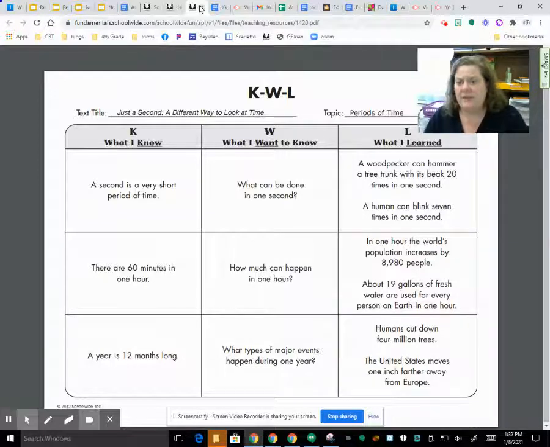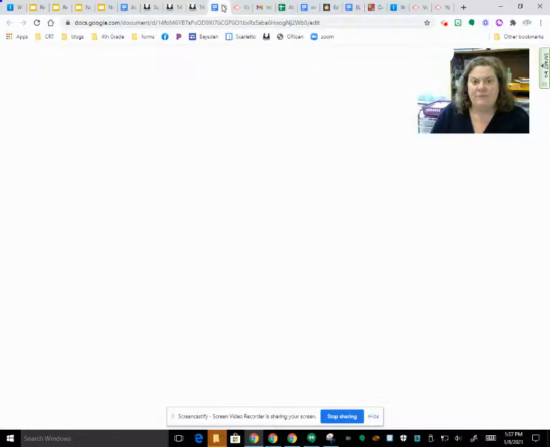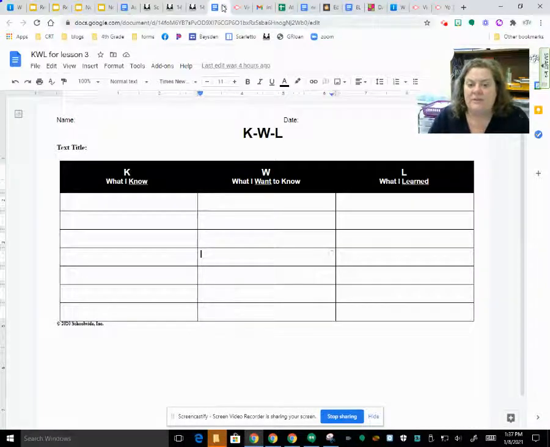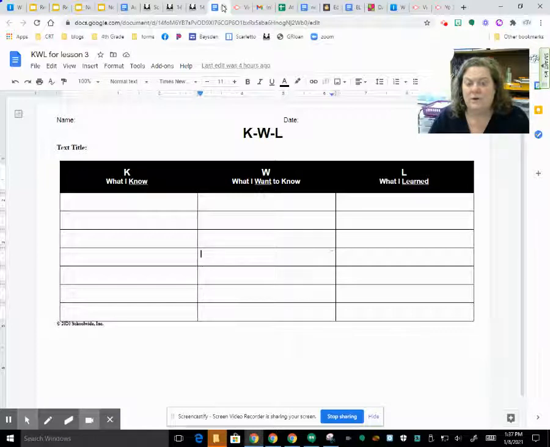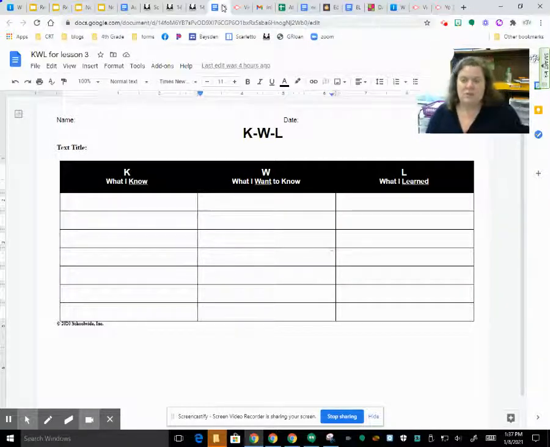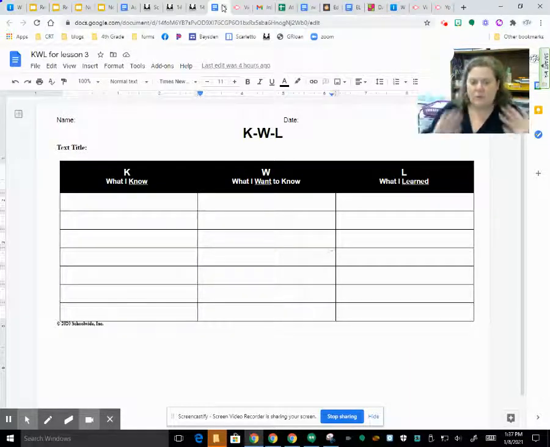When you do your daily reading today, you've got two parts of this assignment. First is a private comment. Second is when you're doing your daily reading today, I want you to grab a nonfiction book, and I'm going to put this chart in your assignment. You can print it out. You can make your own just on a piece of paper. You can type right in this one if you choose. Whichever way works for you best. As long as I see evidence, I'm happy.